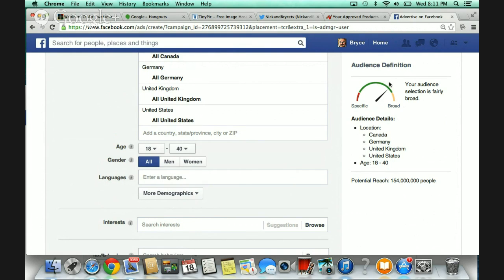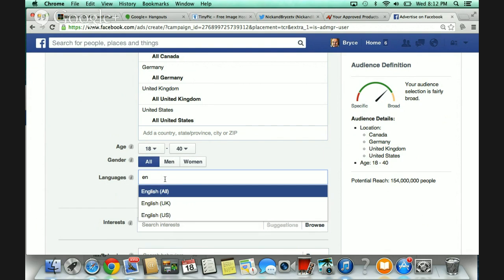This is where Facebook wants you to be. Because if you get here, it's really hard for them to work unless you're going directly to a target audience, like zip codes or anything like that. But if you're not doing it that way, it's nice to stay within the green because then Facebook's got a little leeway to work with. Too broad, keep out of that. Say we bring it down just to men, down to 76 million. If we just bring it to women, 78 million. There's apparently more women. We'll keep it all here. And we can do languages. Obviously, we just keep it in English.